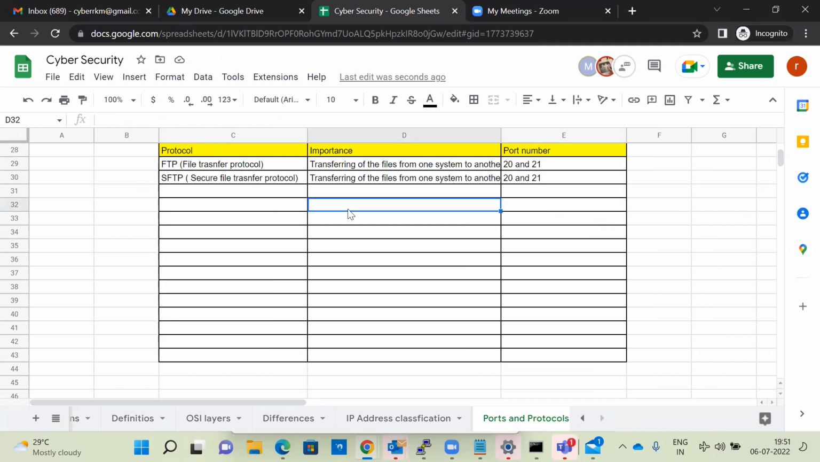FTP uses a connection without security. It's not a secure connection. There is no encryption basically. But SFTP is secure. So we should always use SFTP whenever we want to transfer files. Next one is